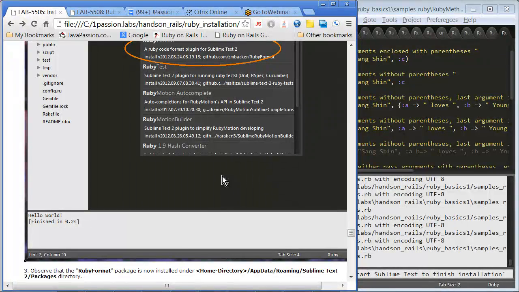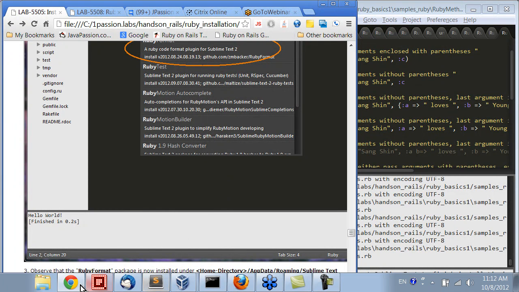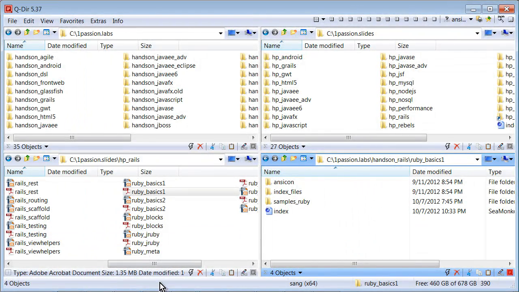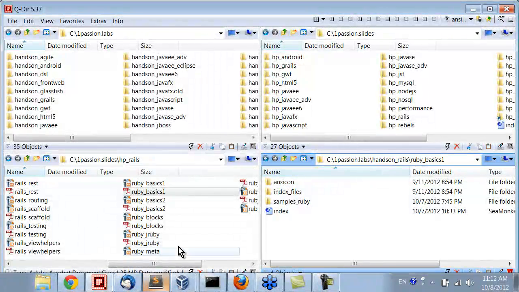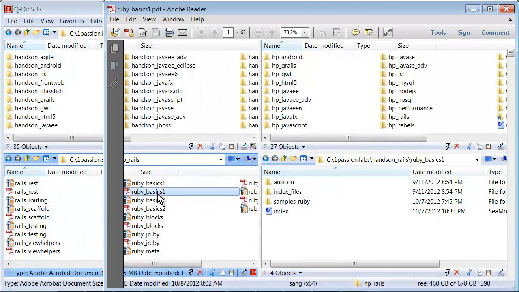So let's go to the first Ruby topic, which is Ruby Basics 1. So let me see, I have not actually have